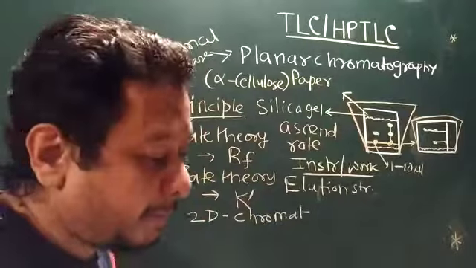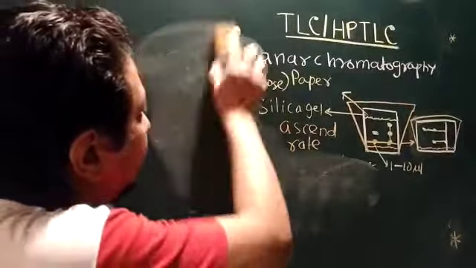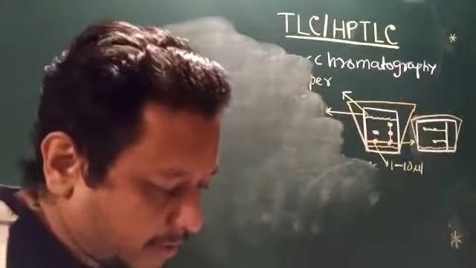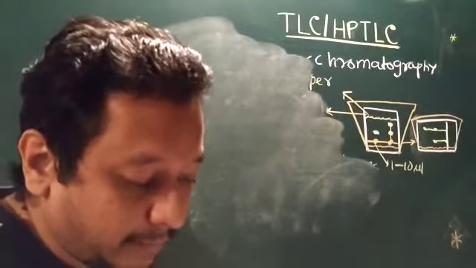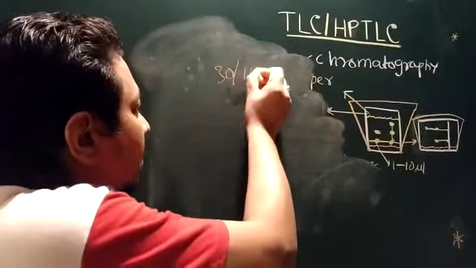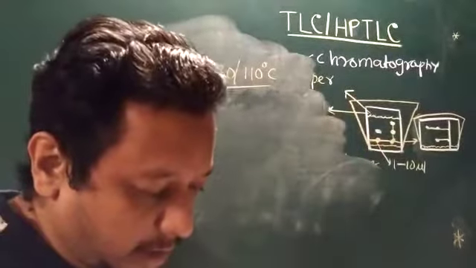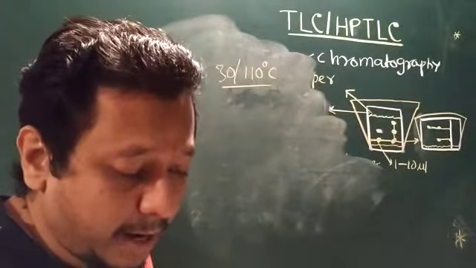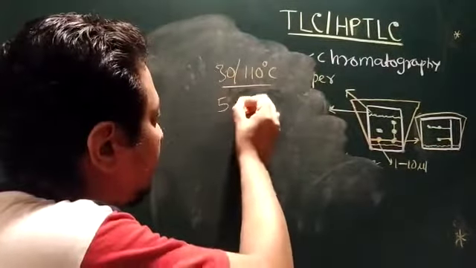Now coming to the preparation of plate. So how we can prepare the plate in chromatographic technique. So let me discuss with this concept. First we activate silica gel in hot air oven, okay. Silica gel for 30 minutes at 110 degree temperature. This is the activation of silica gel powder. And then we can use gypsum as a binder, and the particle size of silica gel is 5 to 20 micrometer normally,